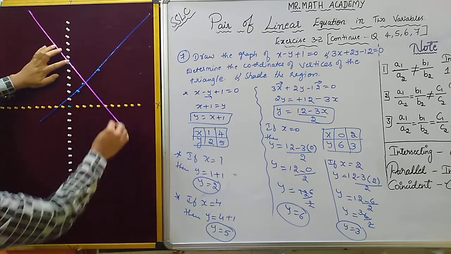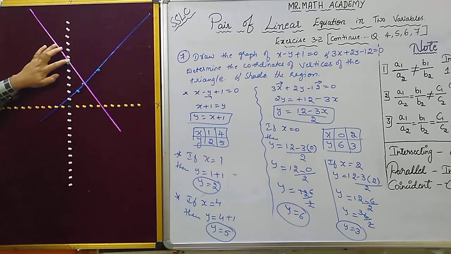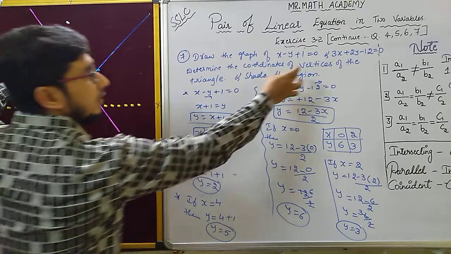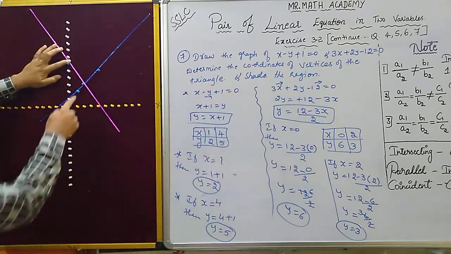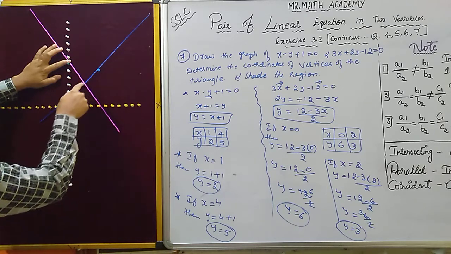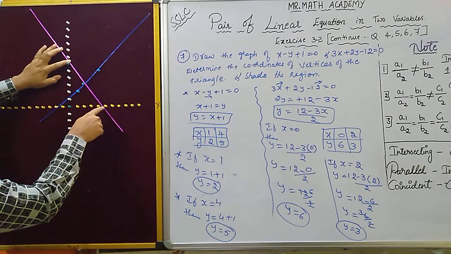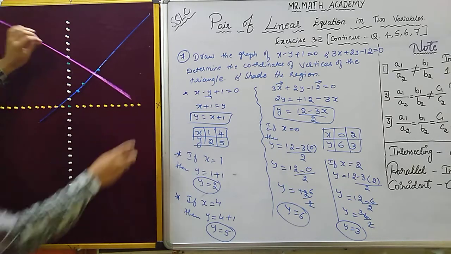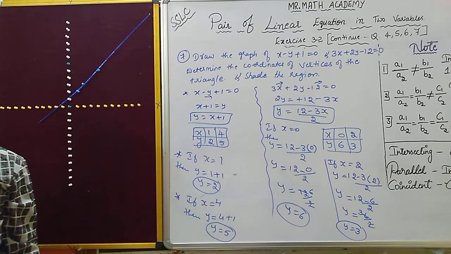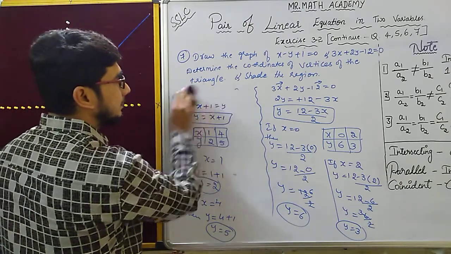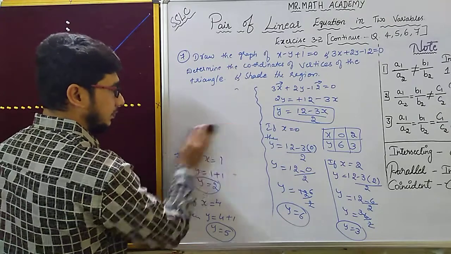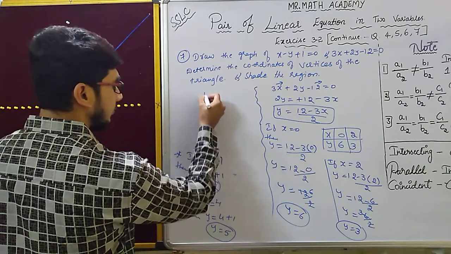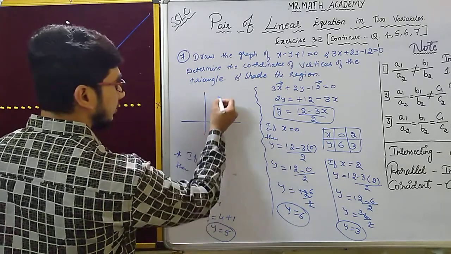Okay, so they are asking to find the coordinates of the points of the triangle. Triangle is where? See, this is a triangle. Points we have to find. Which one is the point? I'll write the points here. I'll erase this. See, I'll write here. This is the axis. And this is the triangle you got.